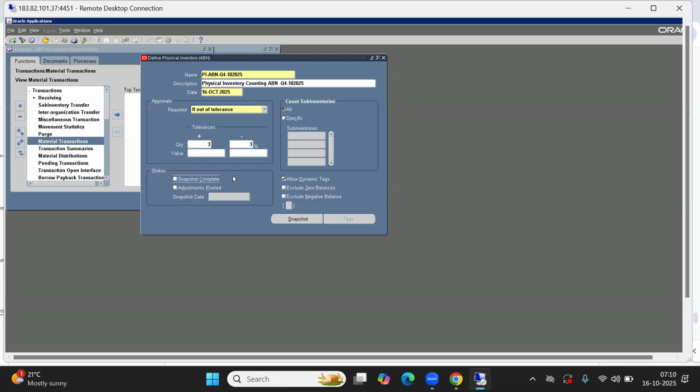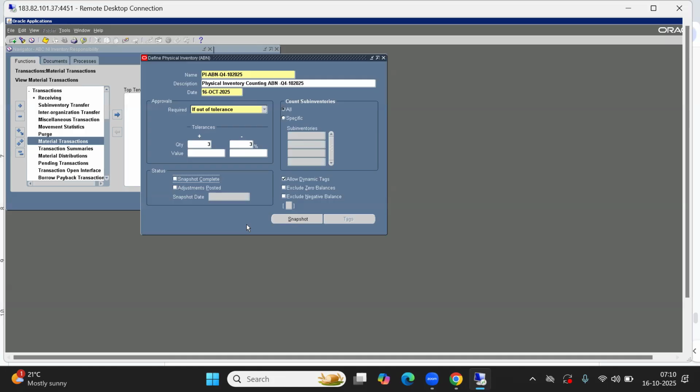Snapshot is when everything you entered here and in the subinventories is done, and then you click the snapshot button. Once you click the snapshot, the system will trigger one freeze program. We freeze the physical inventory, freezing the quantity.